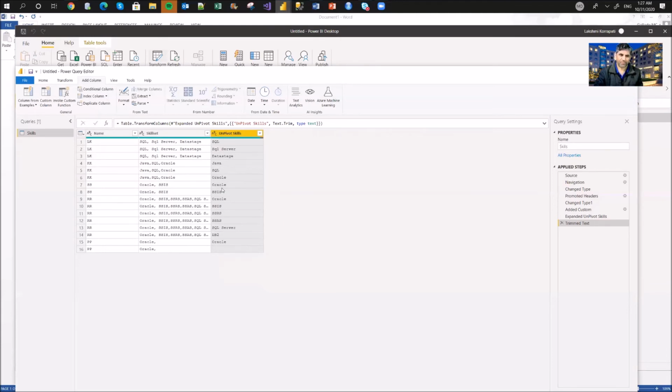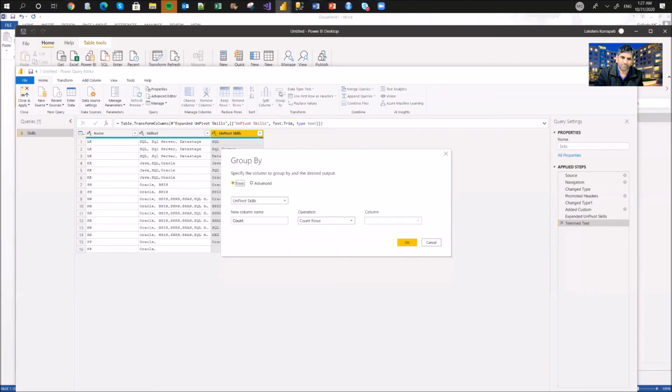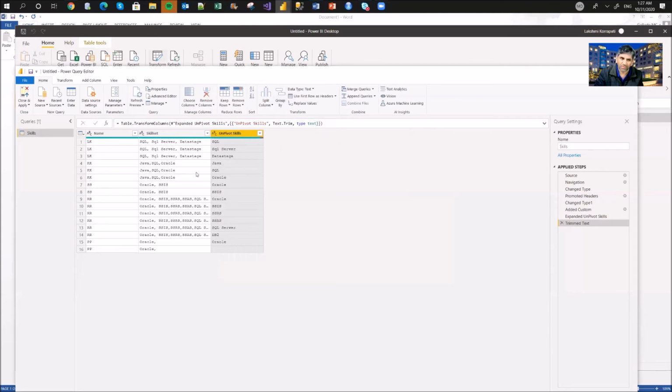For that, let's go to home. And earlier we used the split column. Now let us use group by. See, here we have selected this, so it is trying to group by whatever column we selected.